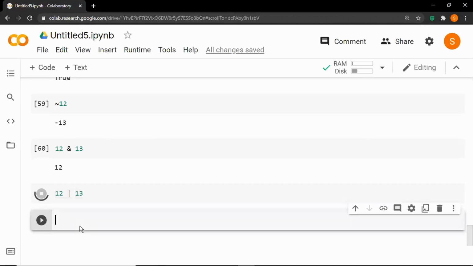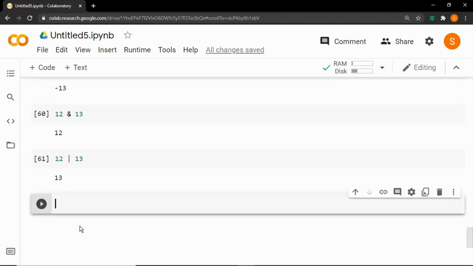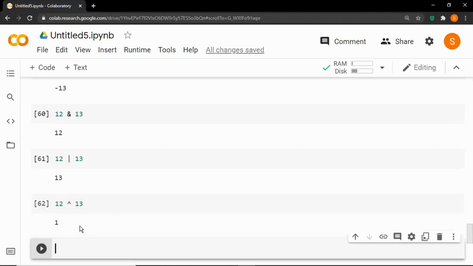Run the cell, and you get 13. In bitwise operators, it will compare bit by bit and give the result. So let's see XOR. For that we use the caret operator. Let's say 12 caret 13. Run the cell and you get the output as 1.